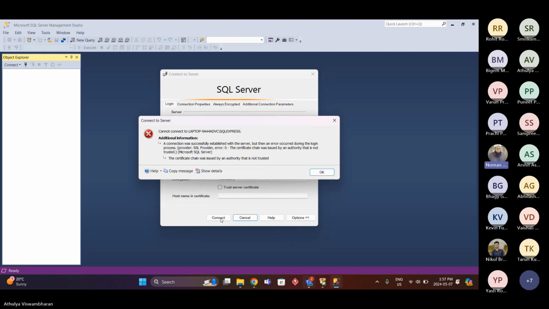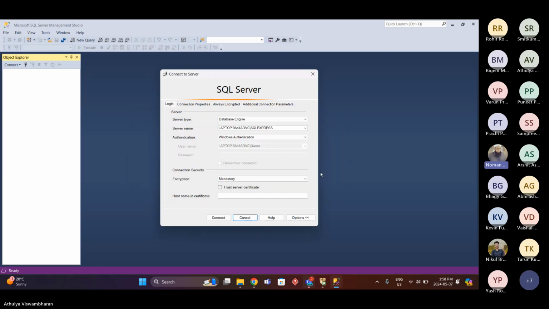Okay, cannot connect. A connection was successfully established, sir, but then an error occurred during the login process. The provider was caused by an authority that is not trusted. Okay, I see that. Can you hit OK now? Can you hit OK? And okay,